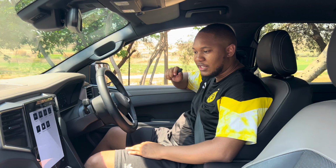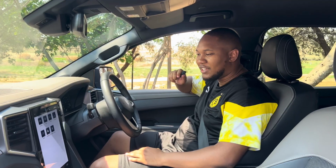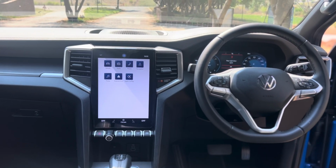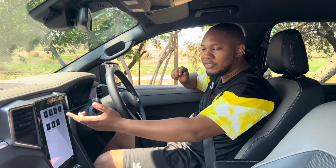Jumping inside the front of the car, as you can see, we've got all the niceties that you would love and expect from a 1.1 million rand buggy. We've got the large infotainment system that houses basically all of your vehicle and different controls of the sort. So you've got navigation, which is